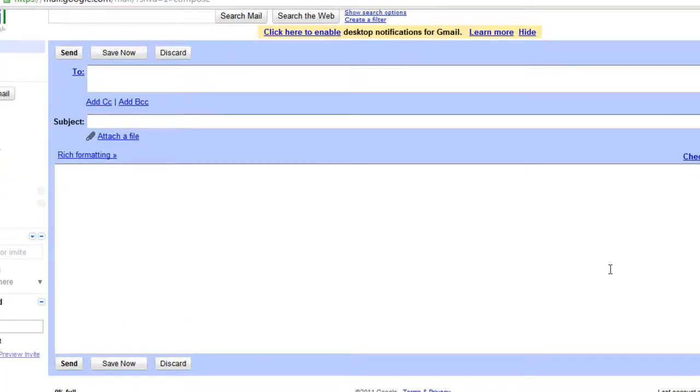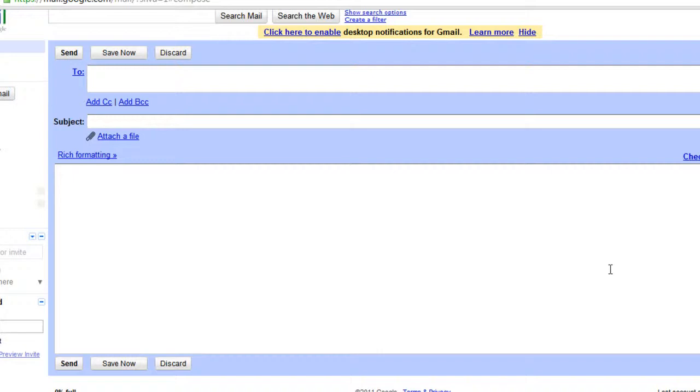Hello, welcome all. You all must have seen that the mails from most of the companies use images in them. They have a number of images in their mail. So we can also embed an image in our mail, but for that you have to do some setting.